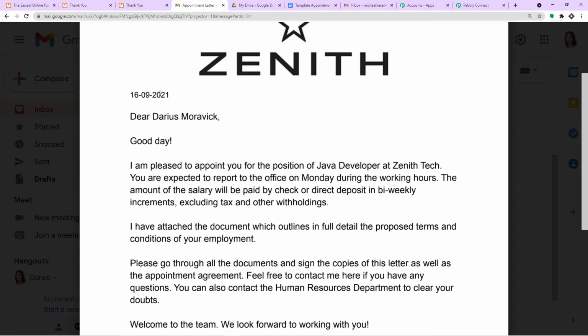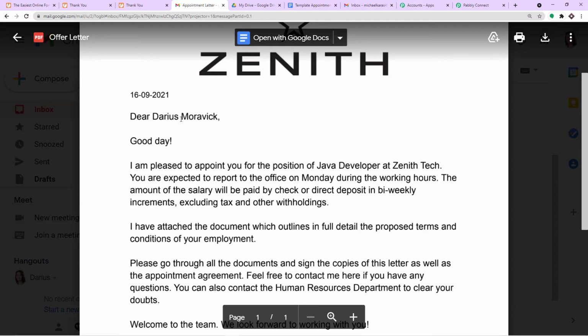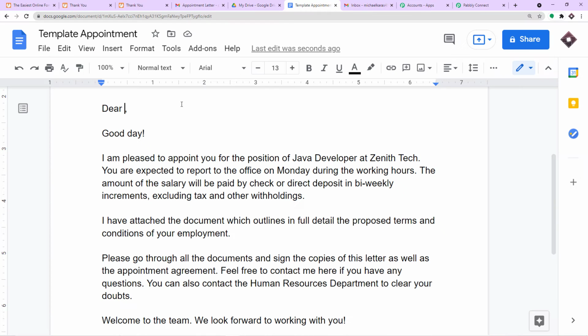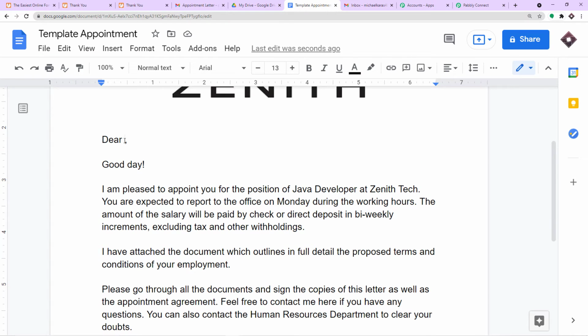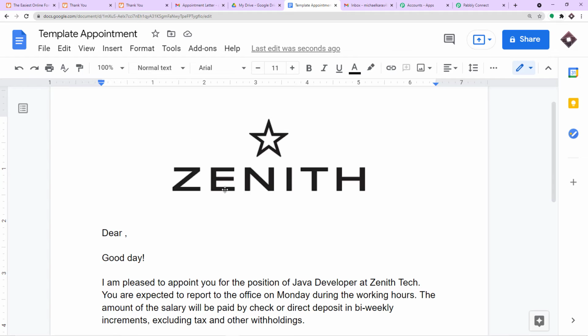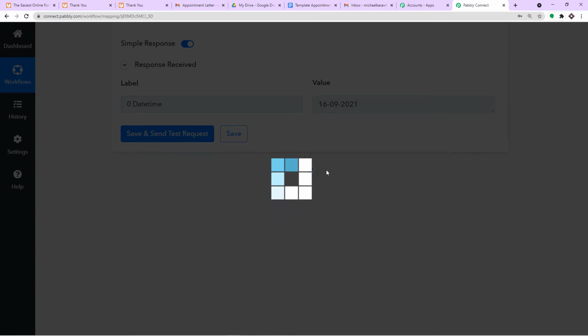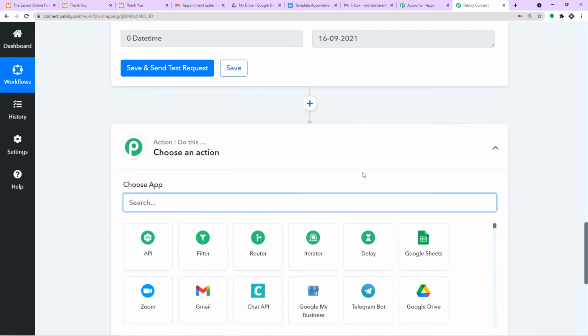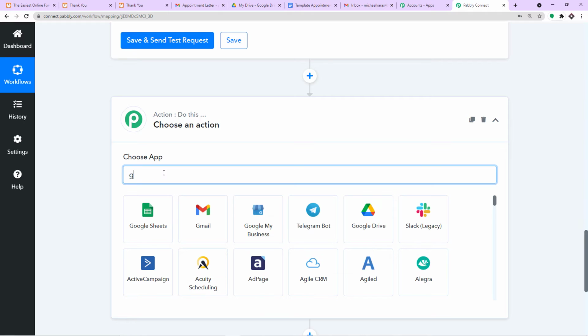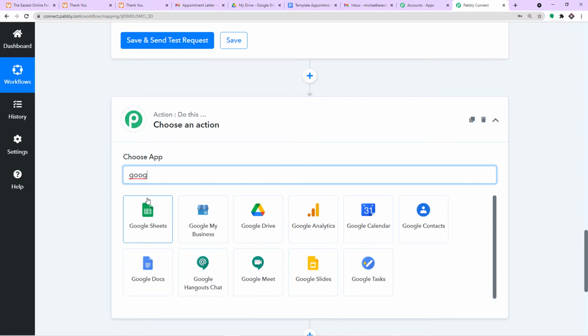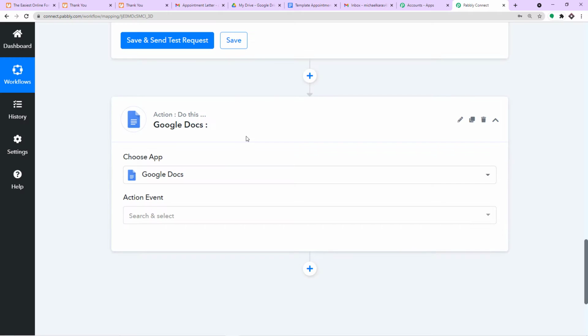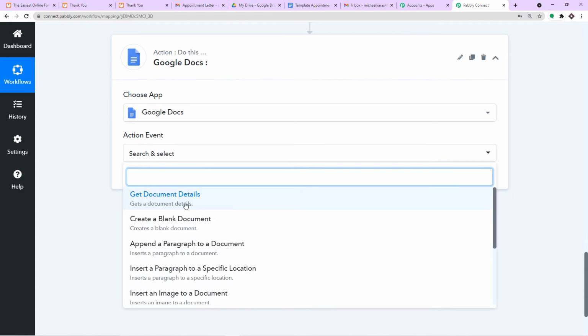The only thing that is missing here is the date, the current date, as well as the name of our guy. Okay, so here we should have the name of our person and here we should have the date. So what I'm going to do here is, first of all, we have to make sure that this particular document that is present in our Google Docs has a connection with Pabbly Connect. So what I'm going to do here is, let me just introduce one more window. And in this window, I'm going to introduce Google Docs. Why Google Docs? Because we have to make sure that we create an offer letter or the appointment letter using a template that is present in Google Docs.